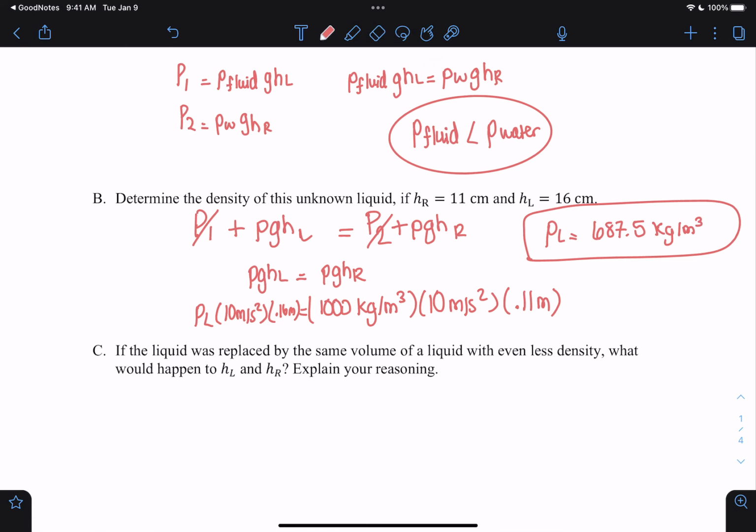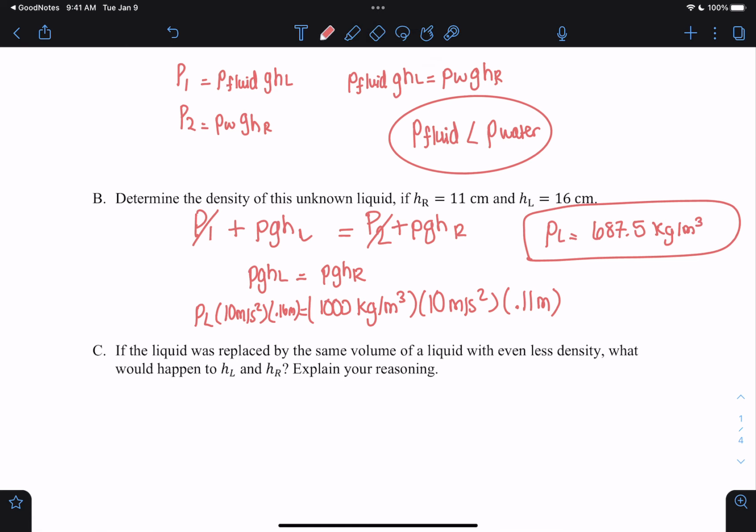Okay. So that's the density of the unknown liquid. For part C now, they're saying, if the liquid was replaced by the same volume of a liquid with even less density, what would happen to HL and HR? So if we were to have a liquid there with even less density, remember earlier, we said,